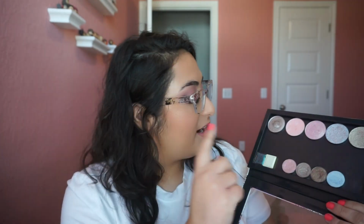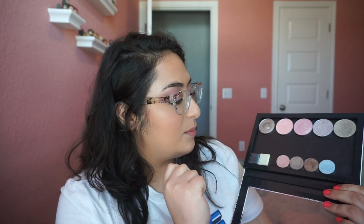The most unique ones are definitely the ones that I just got. So I got JD Glow right here, and then we've got Cleona down here at the bottom. Let's start with JD Glow. Bam, bam, bam. What I wasn't expecting from these shadows is how iridescent they are, because they look quite pigmented right here. But if I were to swatch on my arm, in my eye, they look quite...